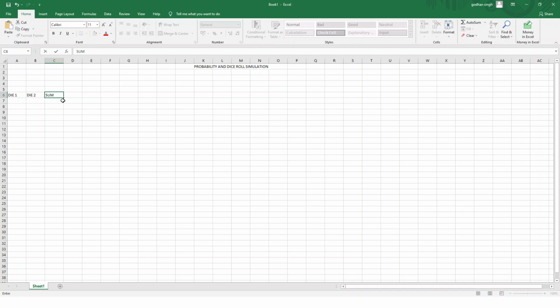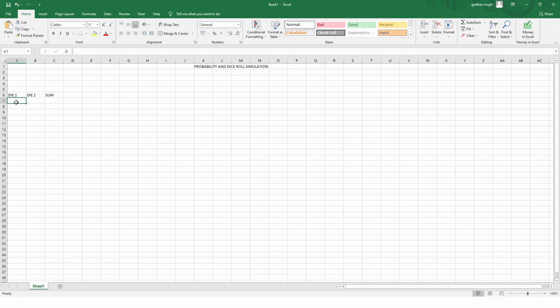And if we do this in real life, suppose we take two dice and throw them say 1000 times, 2000 times, 3000 times, then it is very difficult to keep a record of that. So what we are going to do here is we'll use the simulation method. What is simulation? Already we know that it is the imitation of a real life situation. So that is what we are going to do here.